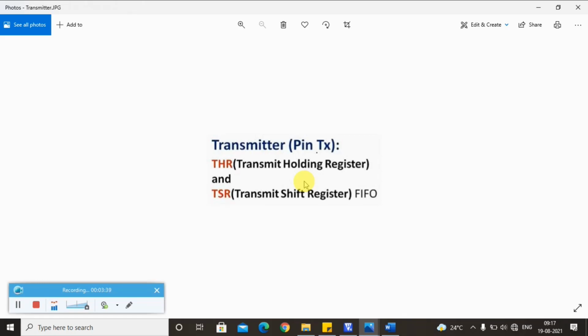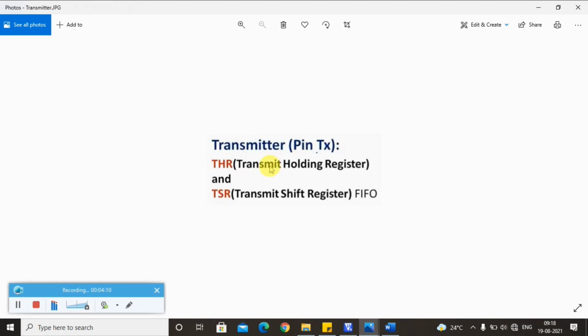In the transmitter we have two registers associated with it. One is THR, another is TSR. THR means transmit holding register, and TSR is the transmitter shift register. In THR, this register will hold the ASCII value of the characters which we want to transmit serially.